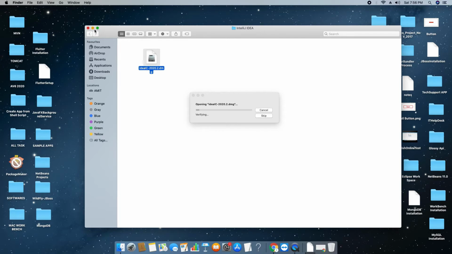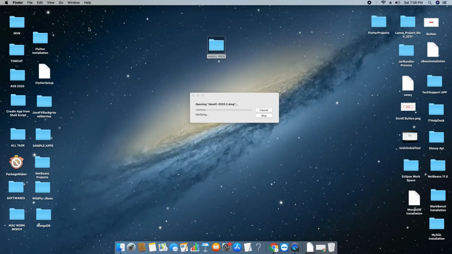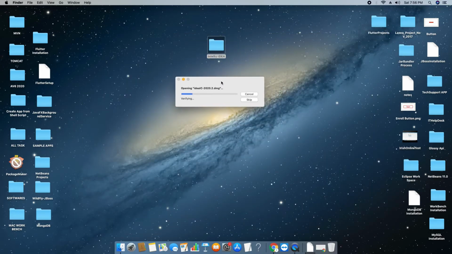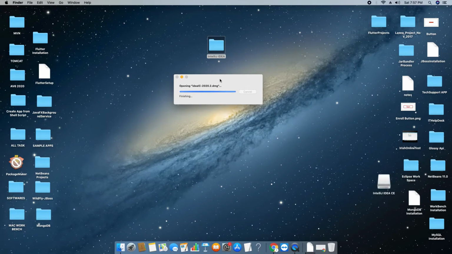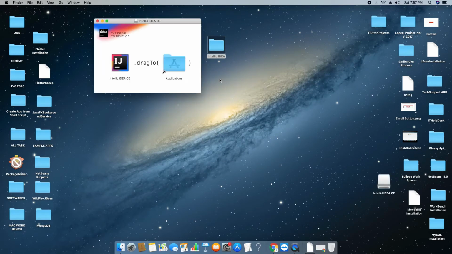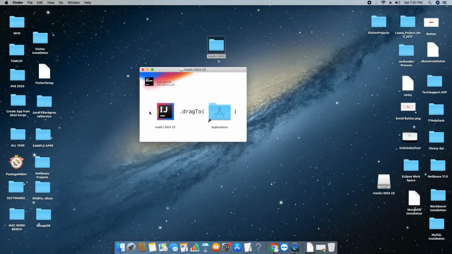So we will launch it by double clicking. This is the DMG file and it is loading. Okay, we got this small window, and just click on this IntelliJ IDEA. I can drag and drop it inside Applications.